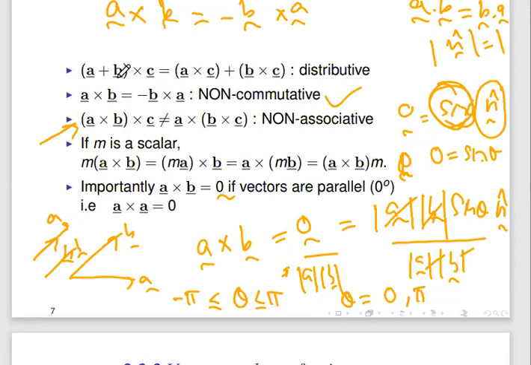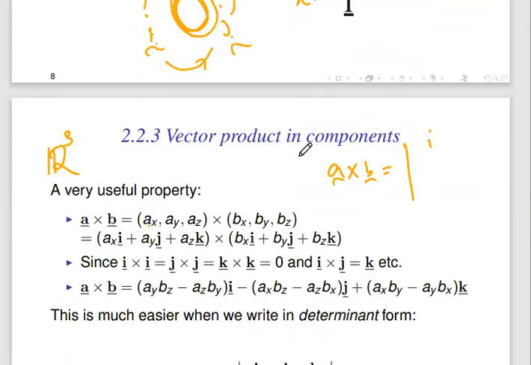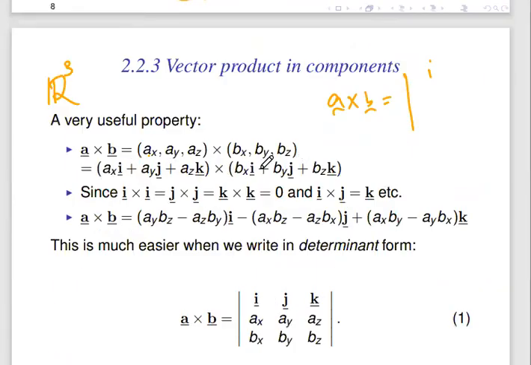This holds. So this one is equal to A cross C plus B cross C. Because it satisfies the distributive law, you can distribute this. So you can distribute this term cross with this one and this one. When you take the cross product of this term with these two, you get